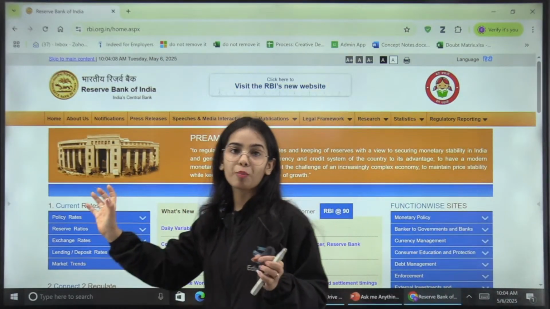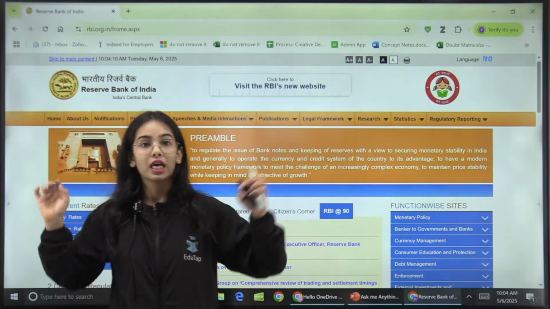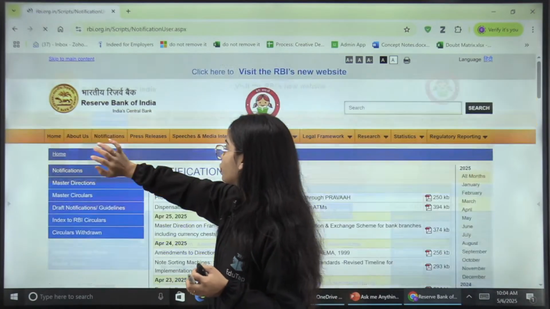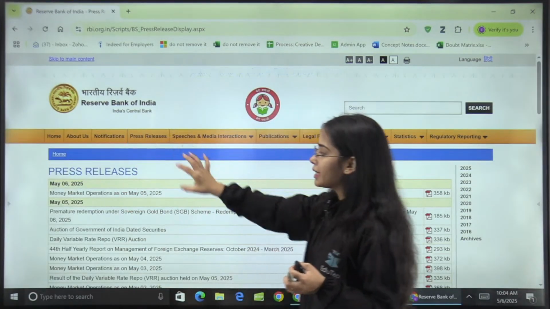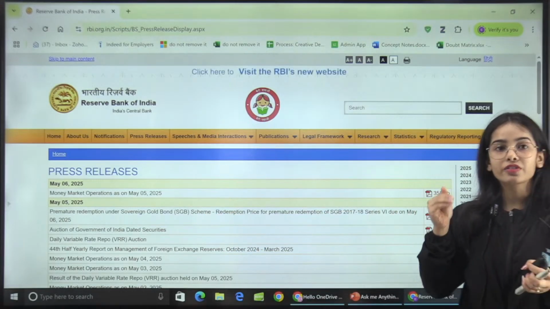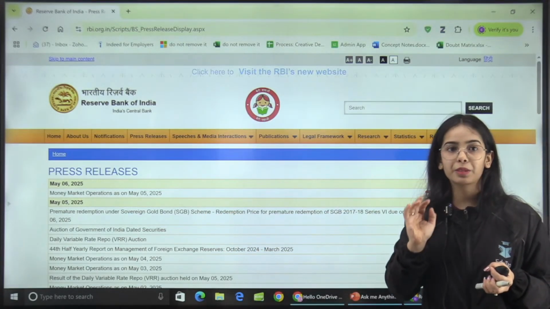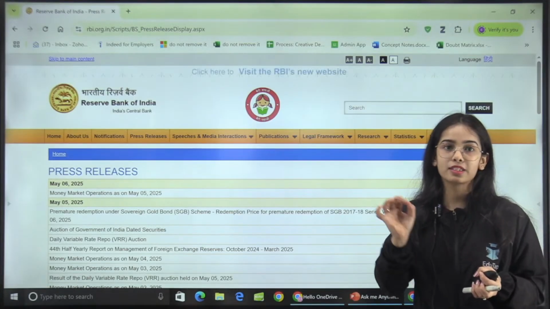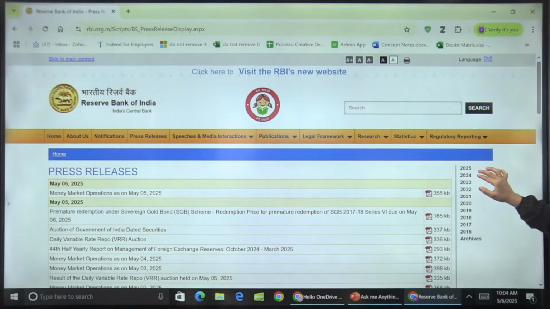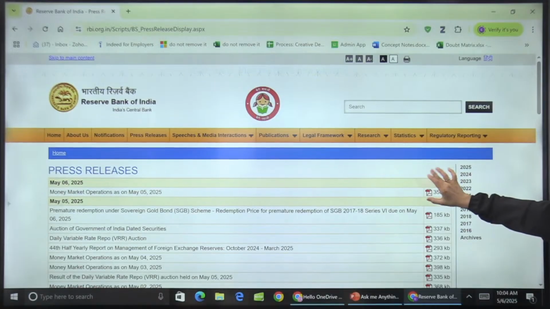Now the important components, you can see there are so many components, but the important components here are the notifications and the press releases. Let's start with the press releases. Let's say you have started your preparation from the April month and you want to cover the press releases of April month. So you will go to this section, okay, that is